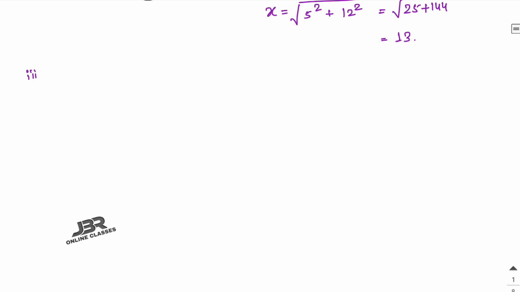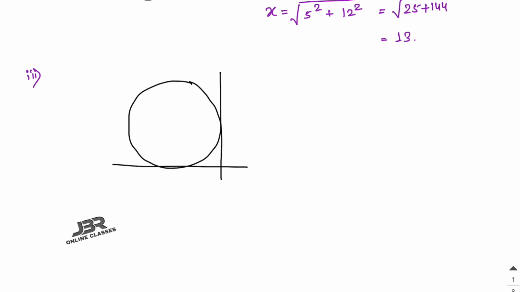Now the last one, number 3. So here in number 3, again you have to draw a circle, that one a tangent, this one another tangent, and that point equals P. Here O is the center, here OT1 is the perpendicular, that one equals 24, and this one equals x, OP. OP equals x, and that one equals 18. And here that one equals y, and that point equals the T2 point.